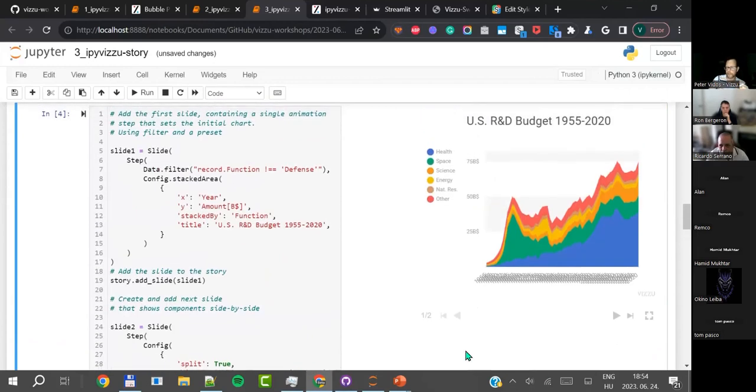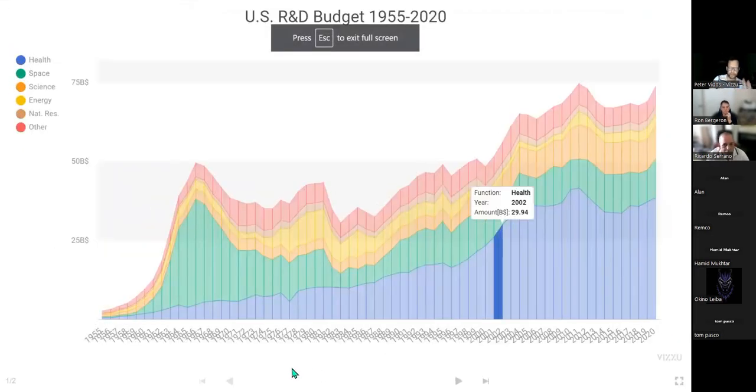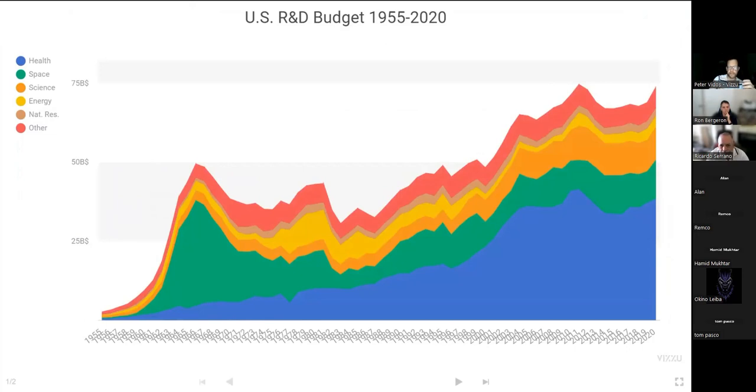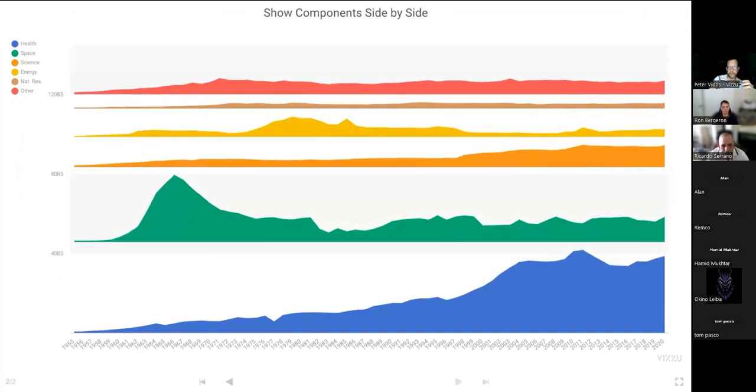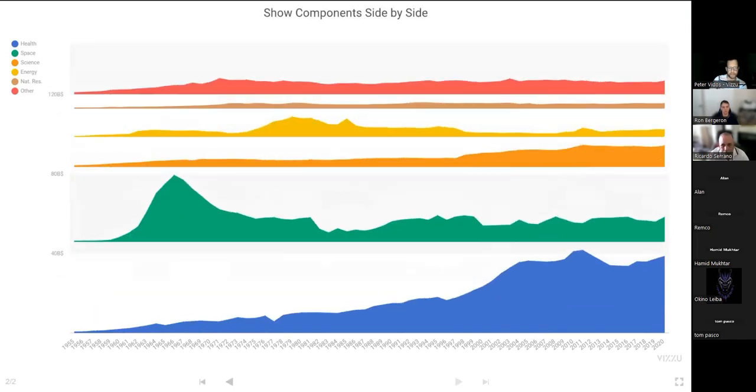Notice the buttons that appear beneath the chart. There's this full screen button right in the bottom right corner, and so you can zoom in and have the chart take over the whole screen, which is great for presentation purposes. And you have these buttons, and if I click on the next button, I will end up going to the split version that I just set for the second slide. You can see the number of slides and on which slide you're at.